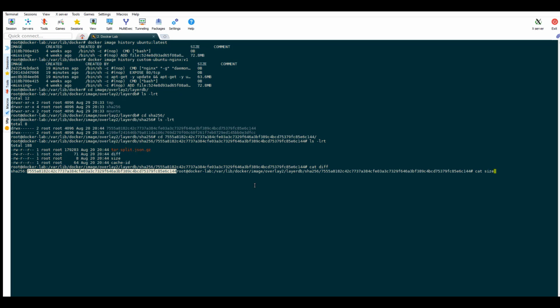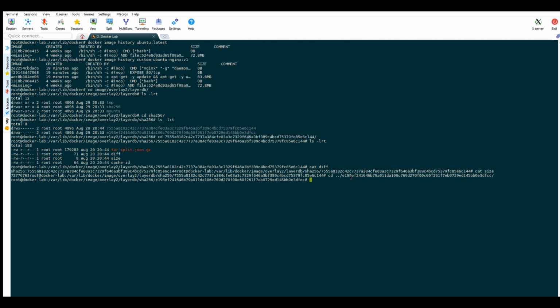If we check the size of this, we will see it is the size of the base image. Because this is the parent image, there is no file with the name parent. For other images which are created on this base image, there will be a parent file also.